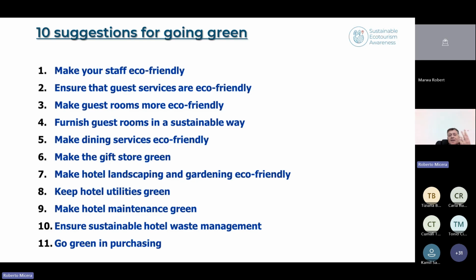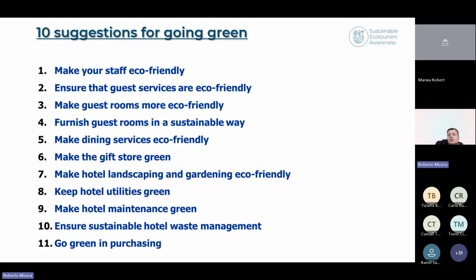start a green process. The first, make your staff eco-friendly. It's important to understand and to transfer to our staff the importance of being eco-friendly, and also to understand why it's important to be sustainable. Second, ensure that the guest services are eco-friendly, and this is another aspect, because it's important that